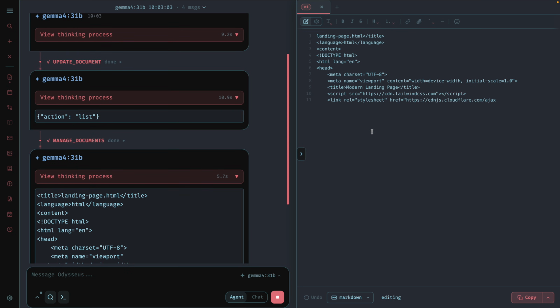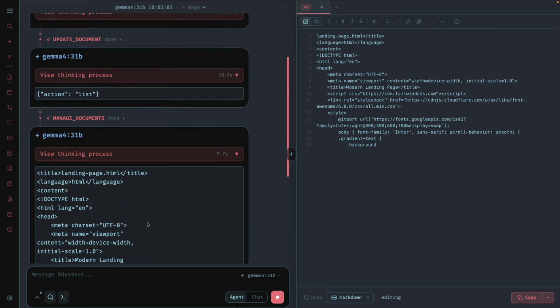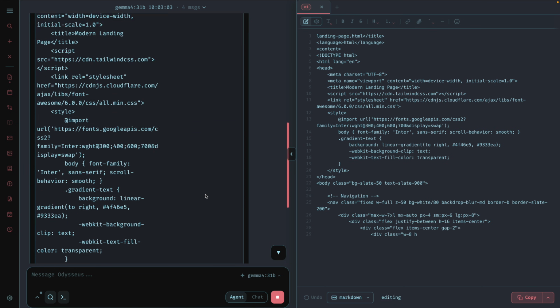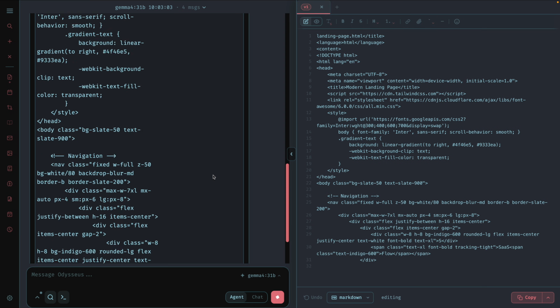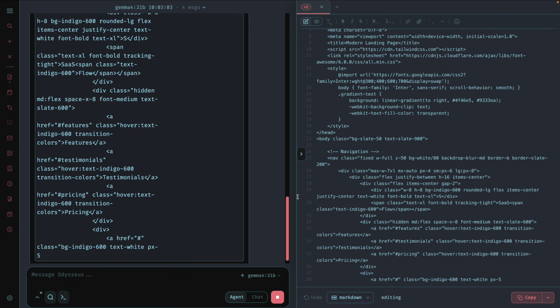But it is strange that it has started to write the HTML once again. So that's not what I was expecting. Now it will take that time again. Anyways, let's wait for some time again. But this time it is updating the document in real time on the right side.